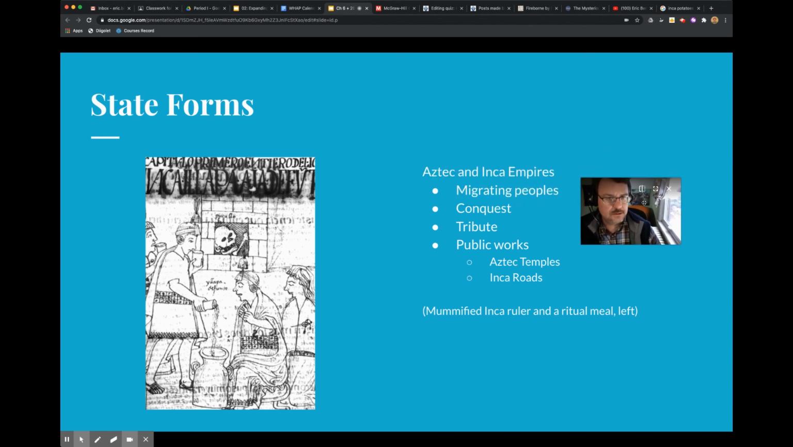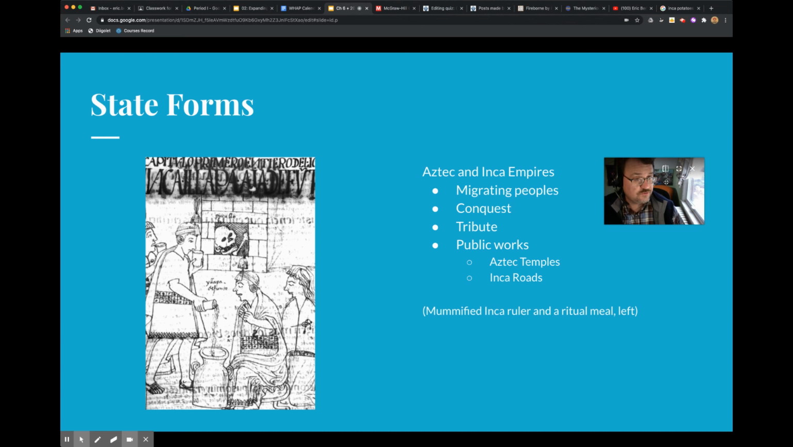Finally, we have here in terms of state forms, as I've already alluded to, the Aztec and Inca empires were both built on conquest. So we have people who came from somewhere else and then spread their rule over a larger area. And then they financed their empire by forcing tribute. In the case of the Incas, especially, that meant coercing labor from the peoples they had conquered. And then with that surplus labor and goods, constructed public works, including temples, which were meant to provide